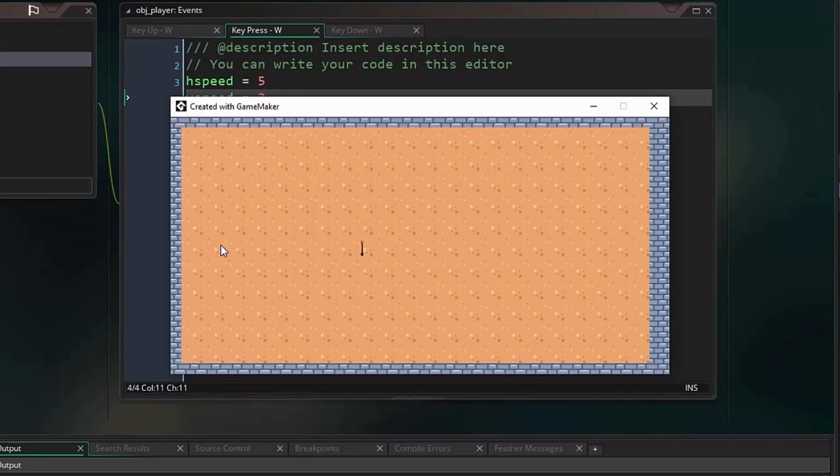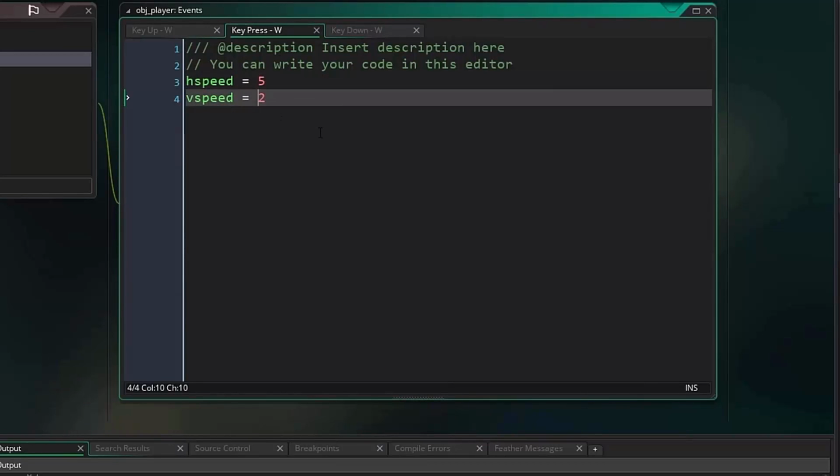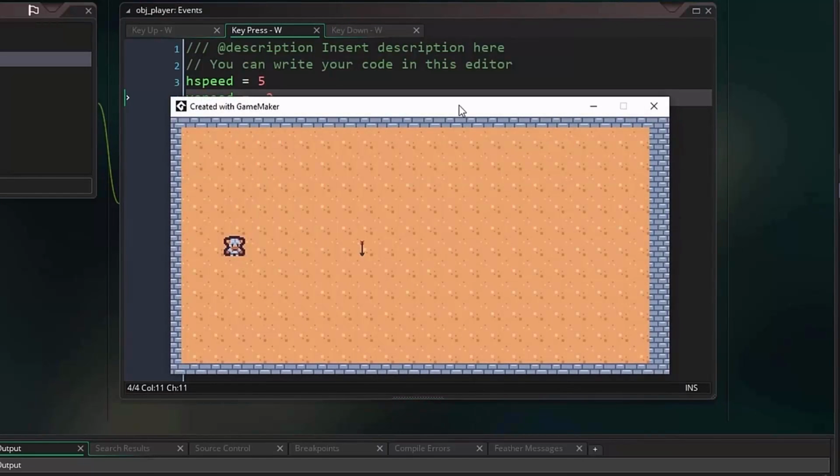Every single frame, they'll move 5 pixels over in the horizontal direction, which corresponds to X on our graph, and 2 points over in the vertical direction, the Y on our graph. And since both of those are moving upwards, it moves us right and down. If we were to say, have our V speed be negative,